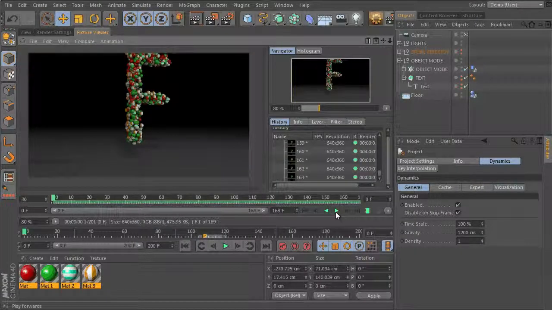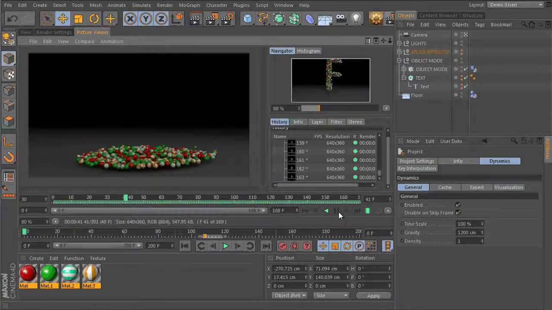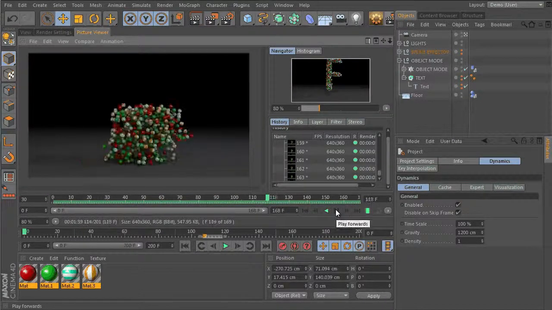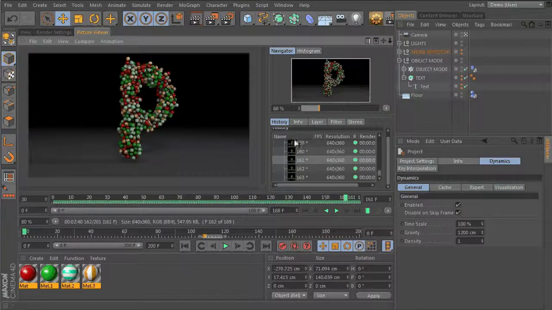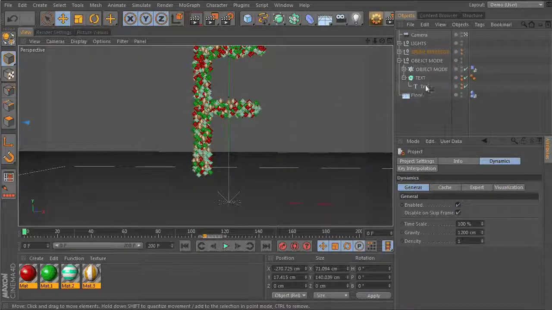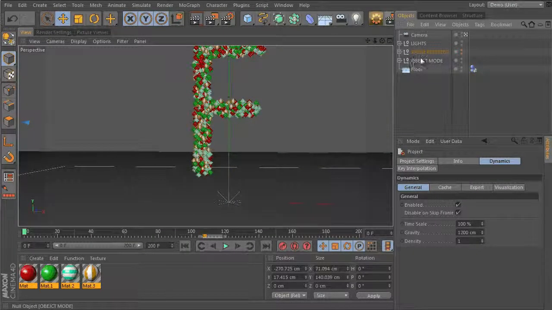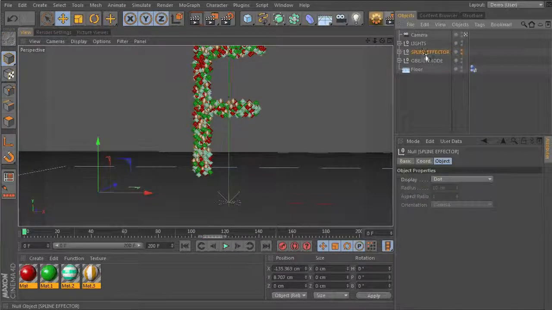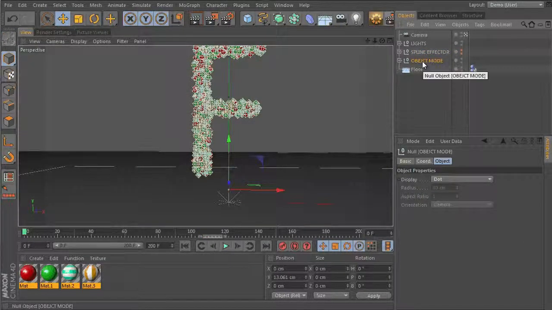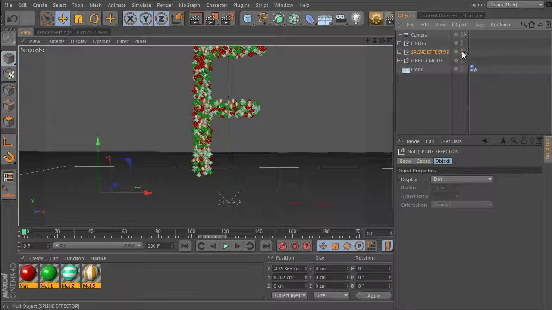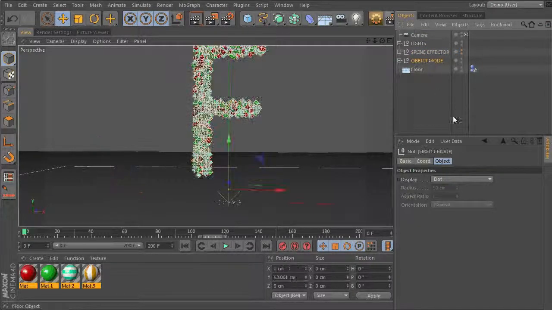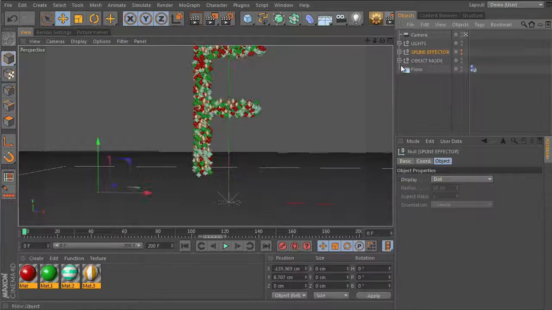I've got a little pre-render here that I put together, kind of the same concept. They drop down, they come back up as a different letter. So I'll show you how to build that here. Let's take a look. You'll notice in my hierarchy I have a spline effector null object and object mode null object. The spline effector version is one way of doing it. The other way of doing it is putting the cloner in the object mode. I'm going to show you the object mode first, and if we have time we'll go back and explain the